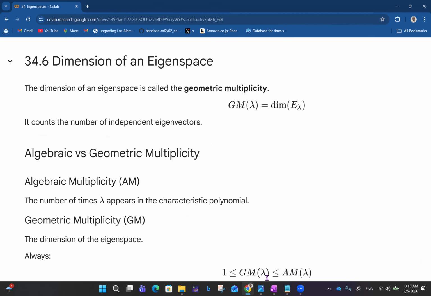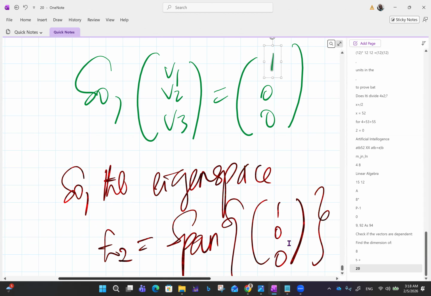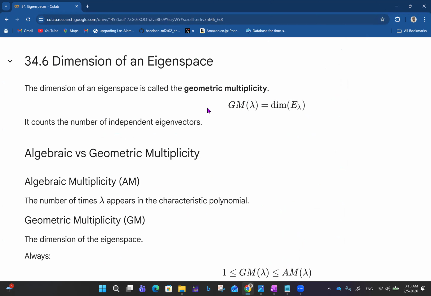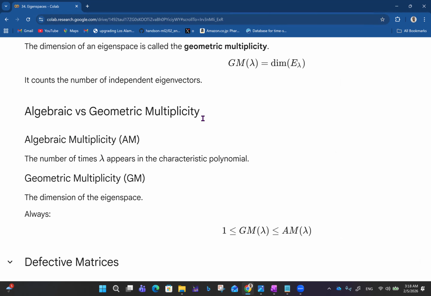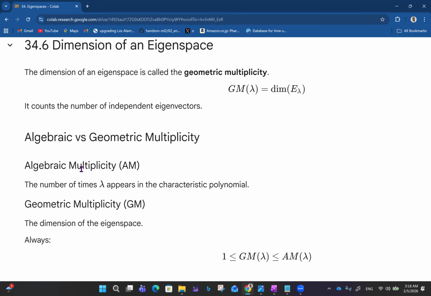In the case we just finished, we had just one independent eigenvector, because the eigenvalue appears 3 times. So, algebraic versus geometric multiplicity. Algebraic multiplicity is the number of times lambda appears in the characteristic polynomial, while geometric multiplicity is the dimension of the eigenspace. And the geometric multiplicity of an eigenvalue is always less than or equal to its algebraic multiplicity